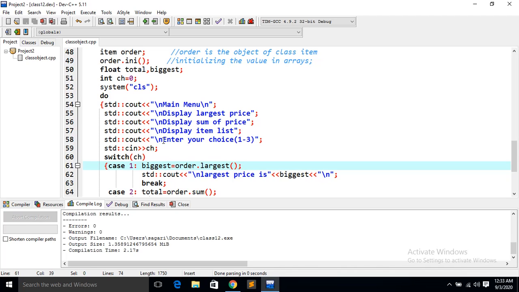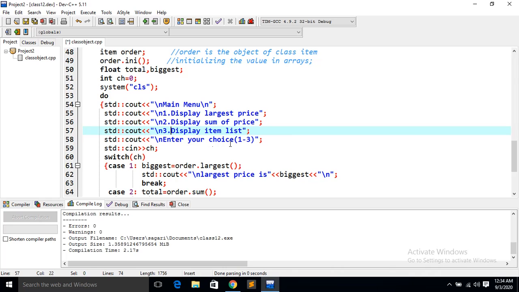Now when the message comes, you will come to know: enter your choice 1, 2, 3. One line, one word I have missed here, so let us give here 1 first choice, then second choice, then here third choice.